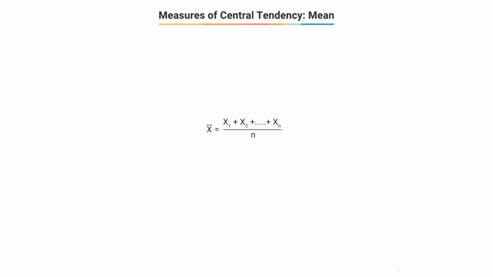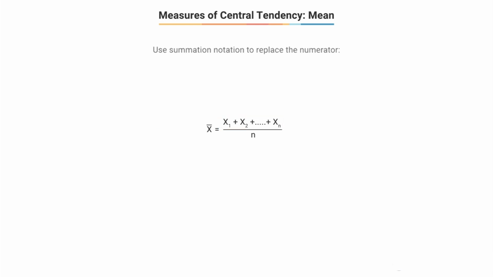The sample mean is the sum of the values in a sample divided by the number of values in the sample. For a sample containing n values, the equation for the mean of the sample is x bar equal to sum of n values divided by n. The same formula can be described using the series of values, that is x1, x2 and so on up to xn, to represent the set of n values. This equation becomes x bar or mean of x equal to x1 plus x2 and so on up to xn